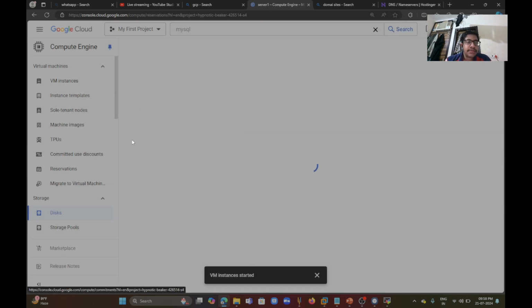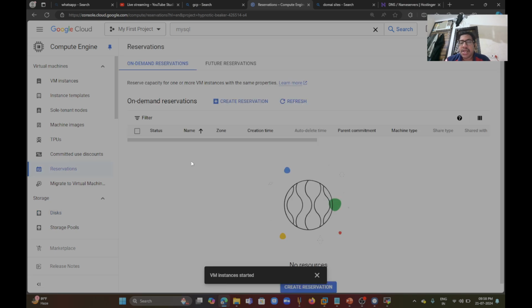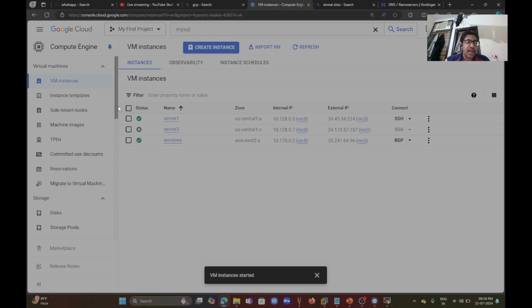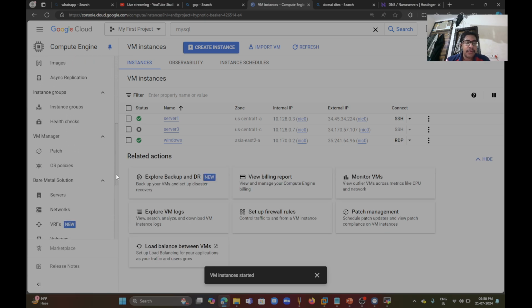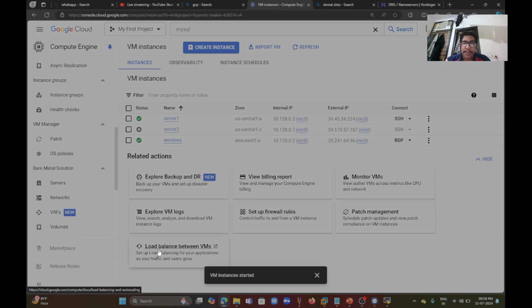Reservations. There are on-demand instances and reserved instances available. Based on the instance, we can use and pay. Okay, use and pay. This is the load balancer, the billing, the firewall rules setup, patch management,